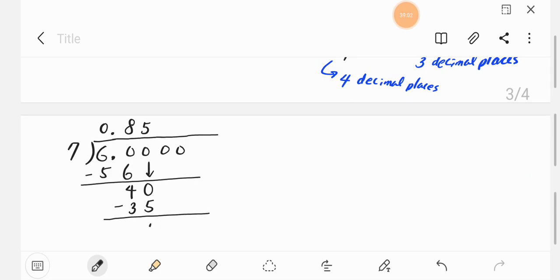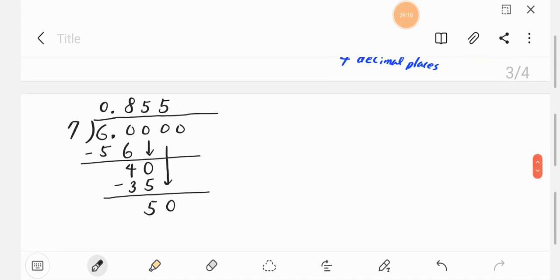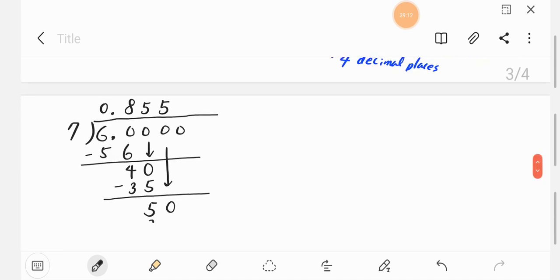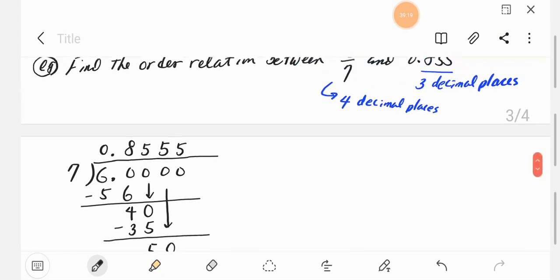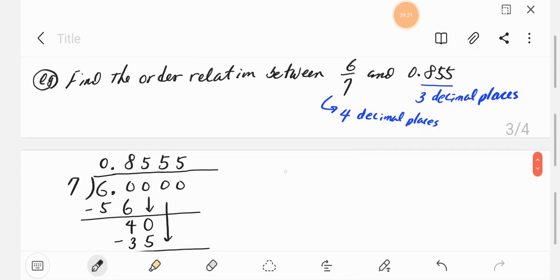And then we have 5. So 5 is repeating, right? 5 is repeating. And another 40, another 35. It keeps repeating, right? So it'll be 5 and also 5, right? So look at this. 6 over 7 is approximately equal to 0.8555. And the second number is